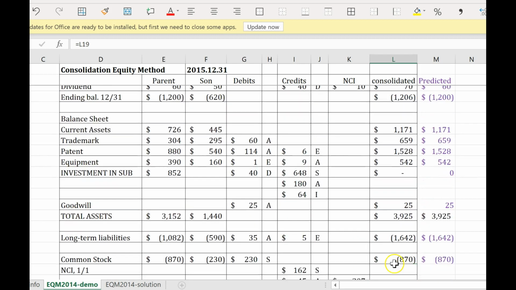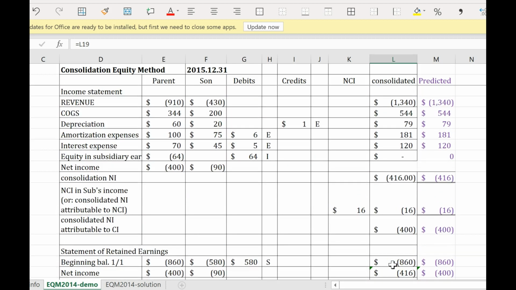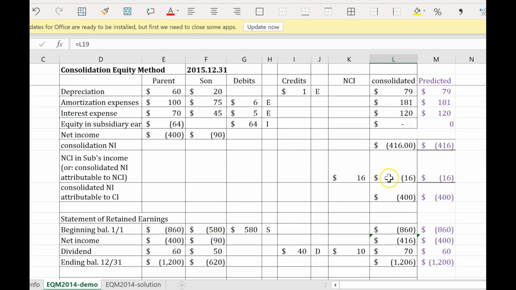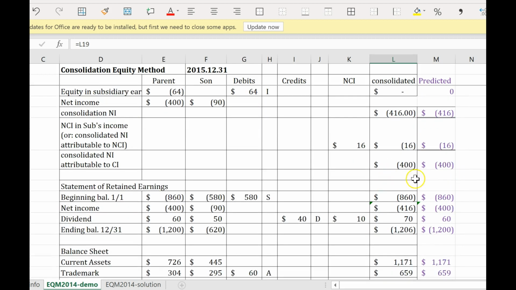Now let's check whether we did things correctly by comparing our consolidated number with the predicted number. We can see that my revenues are both companies added up. My expenses are adjusted by the fair value excess amortization. That's equal to my predicted number. Equity in net income equals 0 because of my I entry. The consolidated number equals my predicted number, and the parent's reported number equals the net income